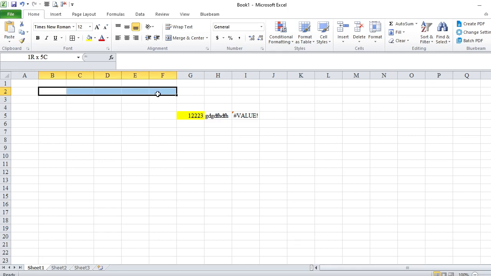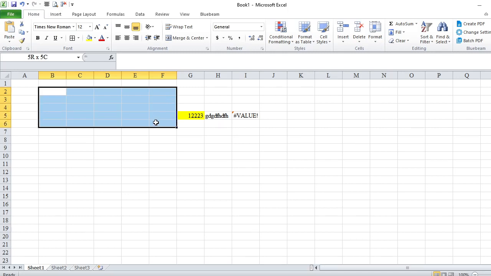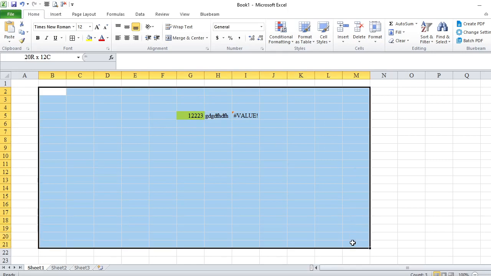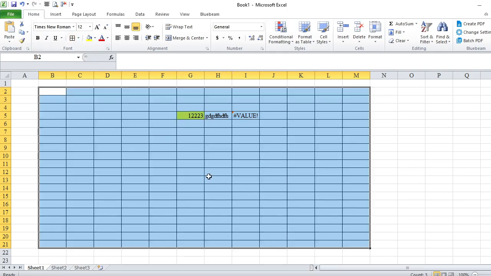When I come down, it will increase the rows. Now 2 rows and 5 columns, 3 rows and 5 columns. Then you can make whatever your table looks like. For example, I make 20 rows and 12 columns, as you can see. So if you want a table this size, you can make it like this, and we'll see later. You will click here to make the table.